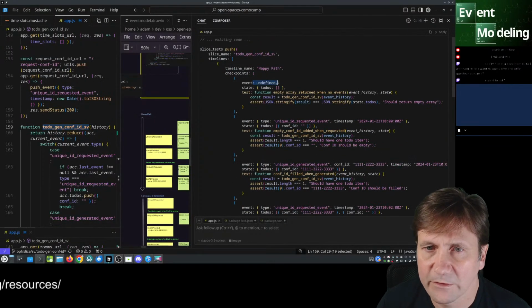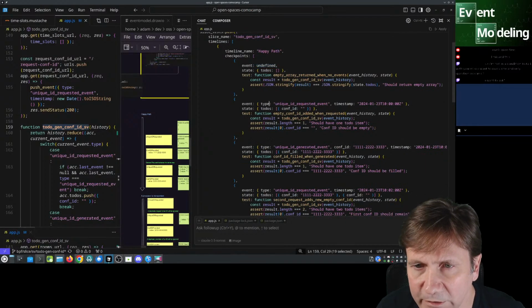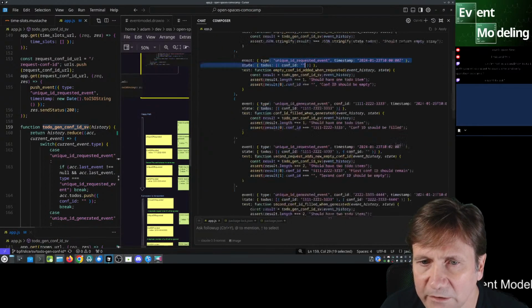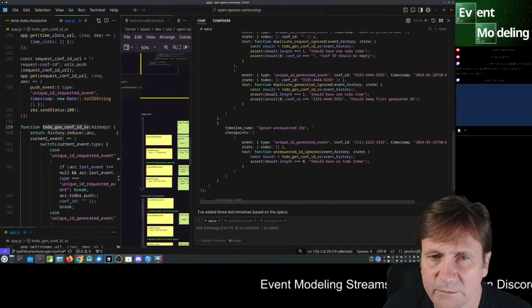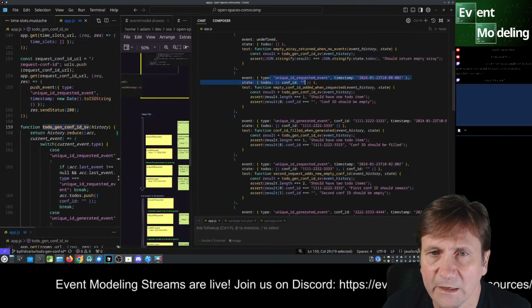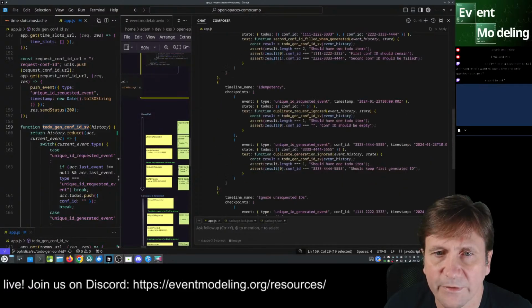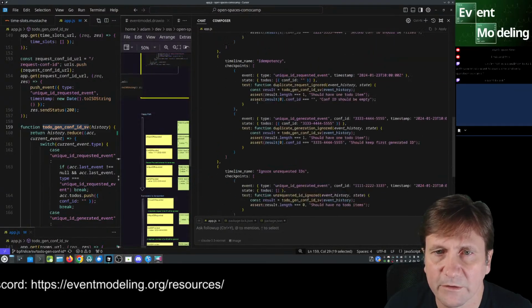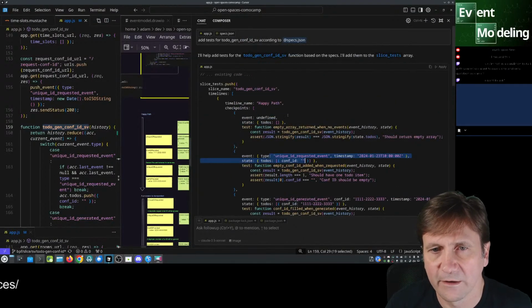So okay, the top one is good, unidentified. It did that. It interpreted this. Yes, yes, yes. But it is missing... Oh, that is a pain in the ass. Timelines. Timeline. Okay.